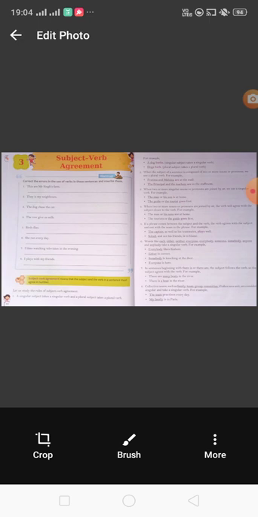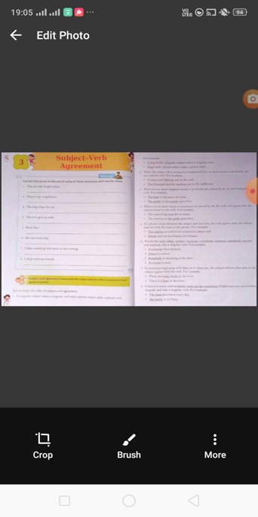Now the second example: "Sohail and not his friends is to blame." Students, again "and not" is used here to join two nouns, Sohail and his friends. Sohail is singular but his friends are plural. So here Sohail is the main subject, and we write the singular verb "is".